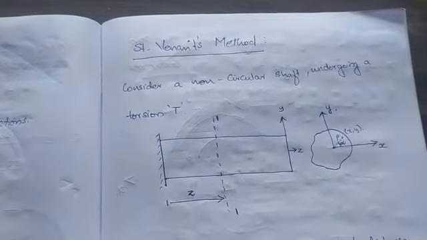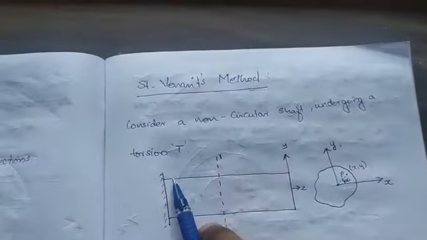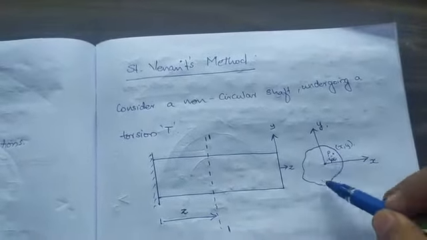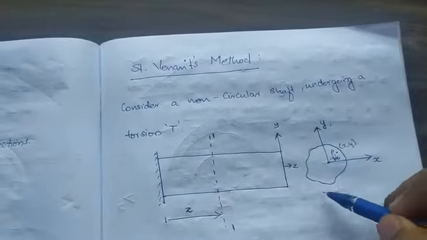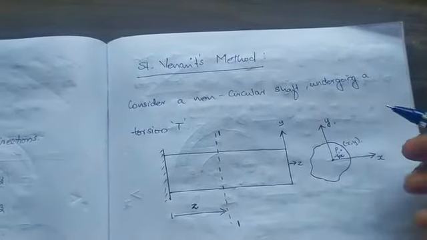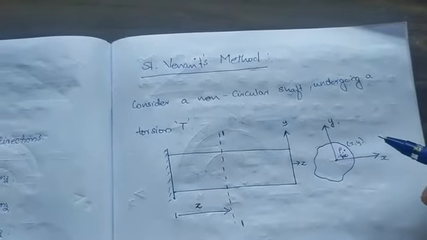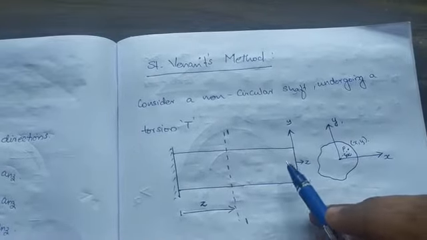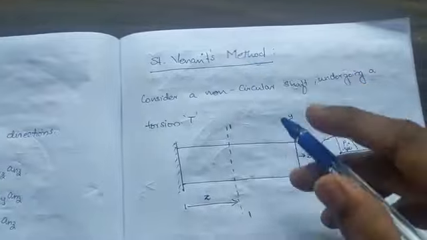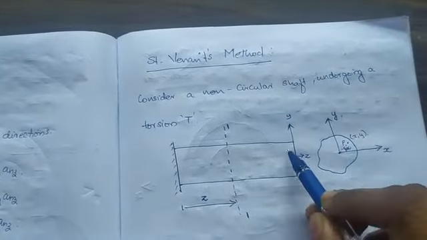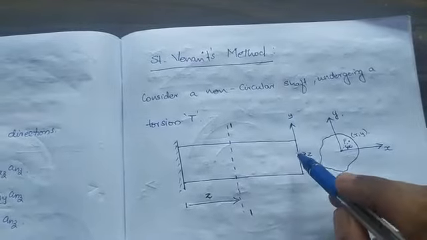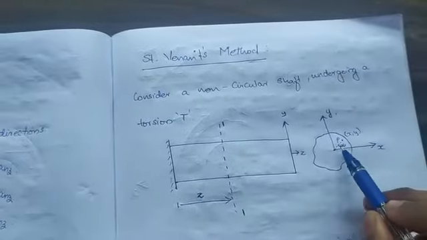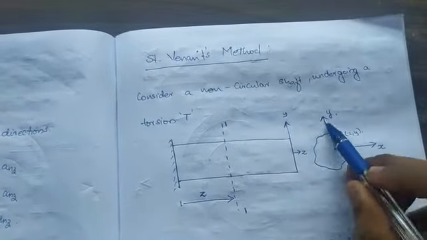Now you consider a non-circular shaft undergoing a torsion. So this is a shaft and this structure we don't know. I mean this size, this is not circular, that's all. It can be square, it can be ellipse, whatever it may be. Okay, this is a side view, right? Now I assume that the torsion has been given in the Z direction. This will be the Z direction, this is the Y direction, and this will be the X direction, right? So this is the positive X direction and this is the positive Y direction.